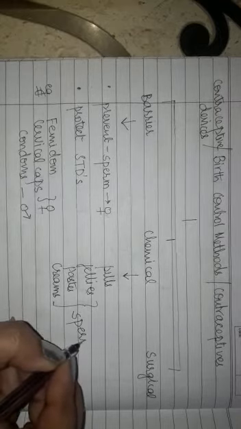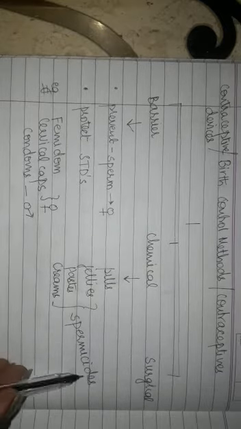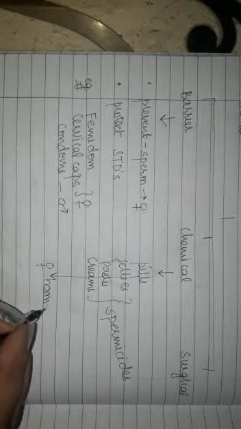These jellies, paste, and creams are also called spermicides because they kill the sperms. They kill the sperms when applied on female genital tract. And the pills are the tablets which contain female hormones like estrogens